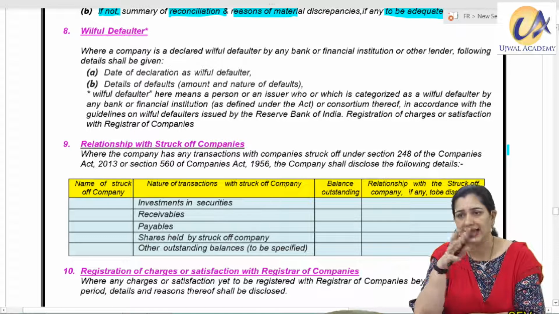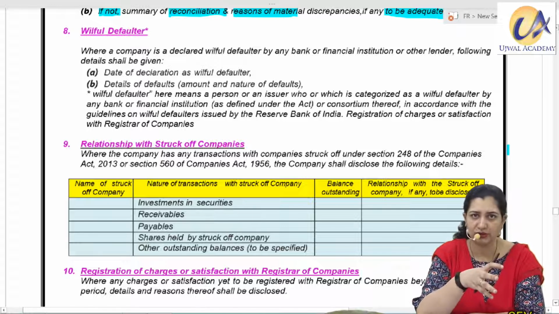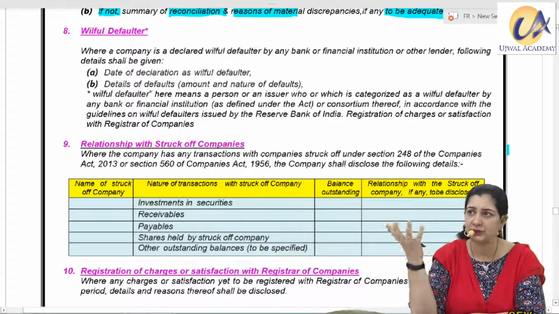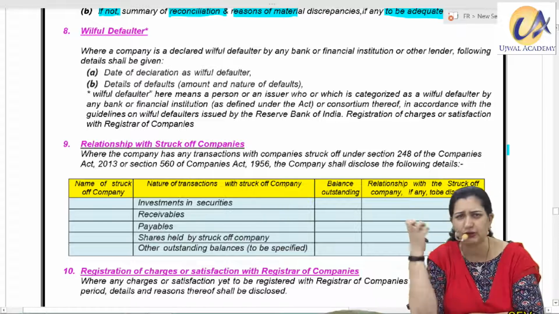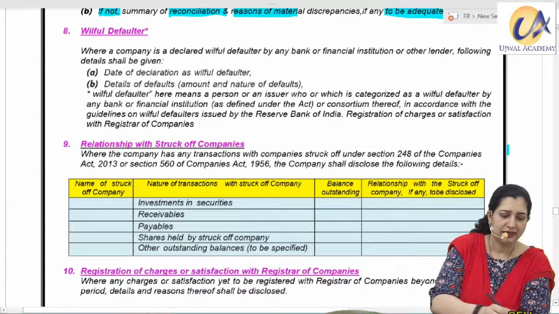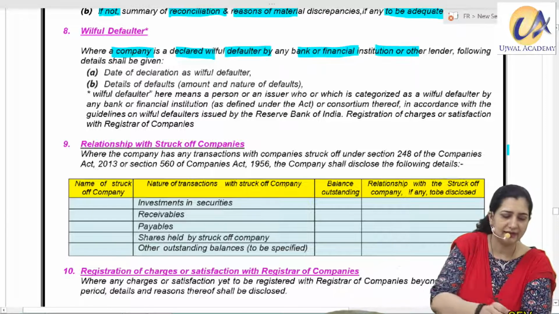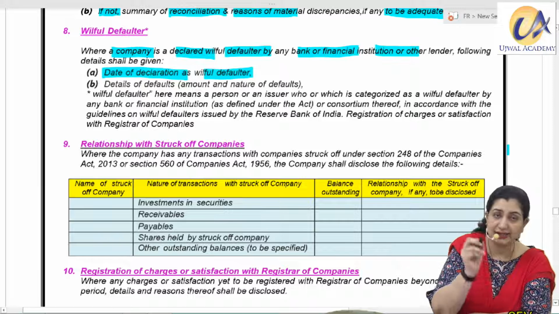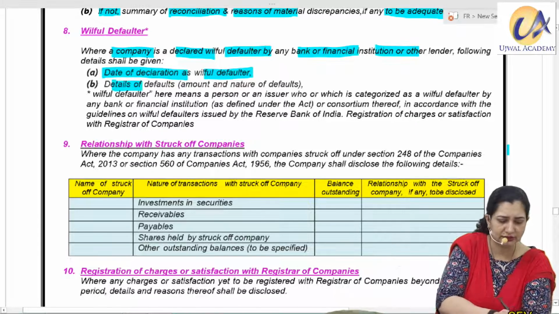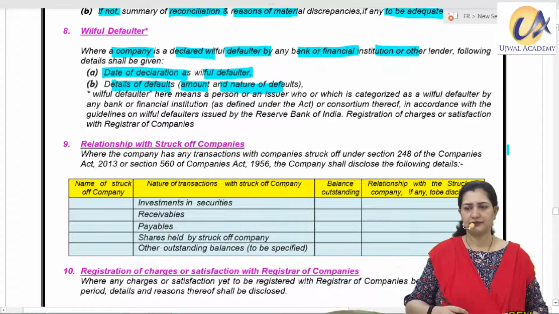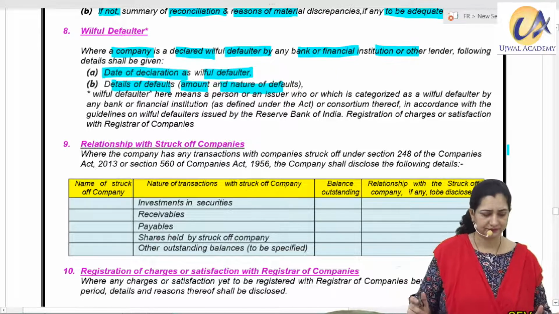Okay, so in that case, when we have got willful defaulter, if company is able to pay the loans but they have not paid their loans, okay, and they have been declared a willful defaulter, or they have used the loans for some other purposes, they took it for one purpose and used it for something else, siphoned off the funds of the company, then if the company has been declared a willful defaulter by any bank or financial institution, then we should see, give the details when you were declared as a defaulter and what were the details of the default, amount, nature of default, etc. give. So we just want all these details. Okay. Then,